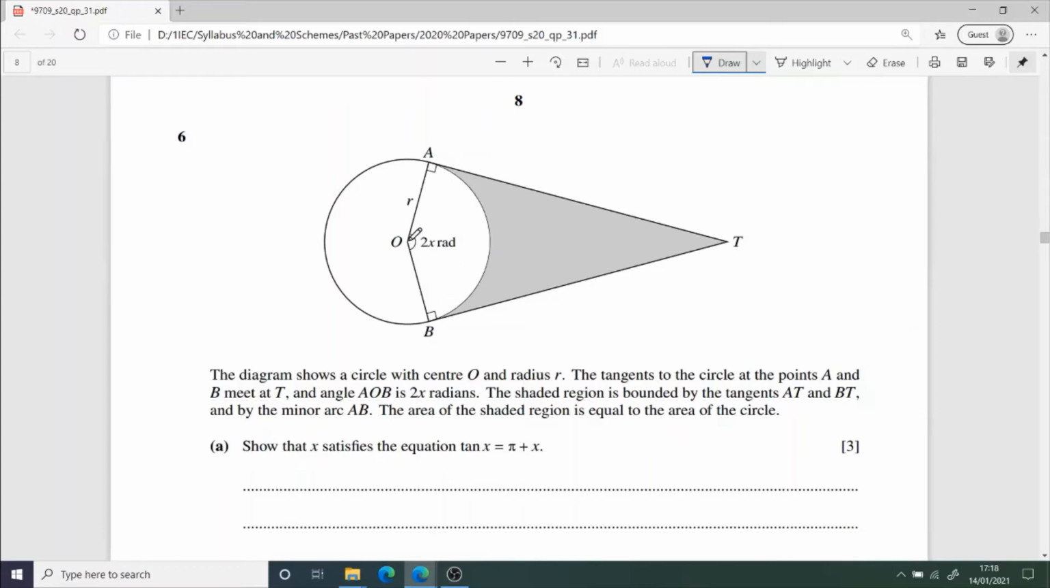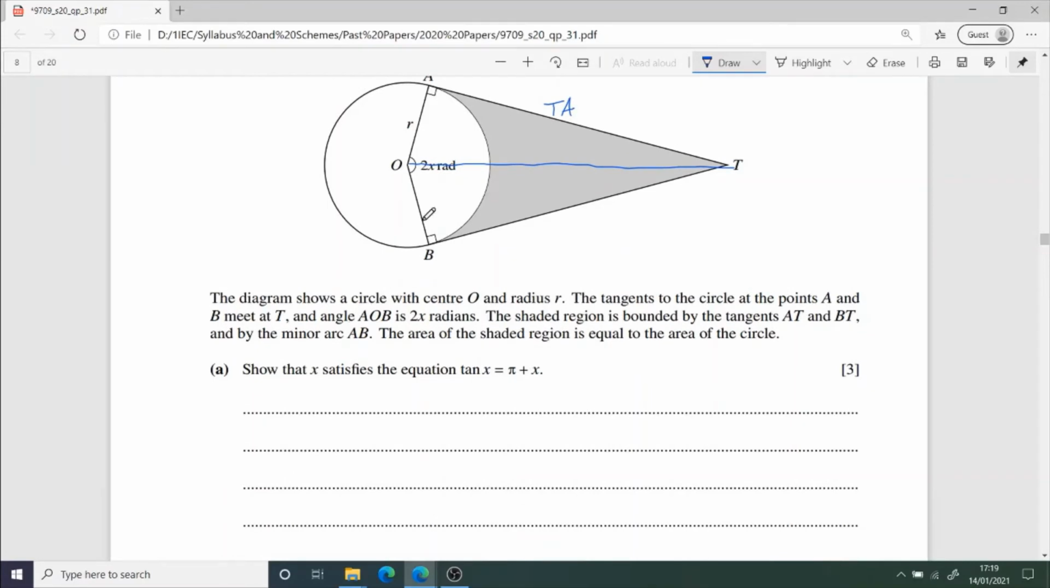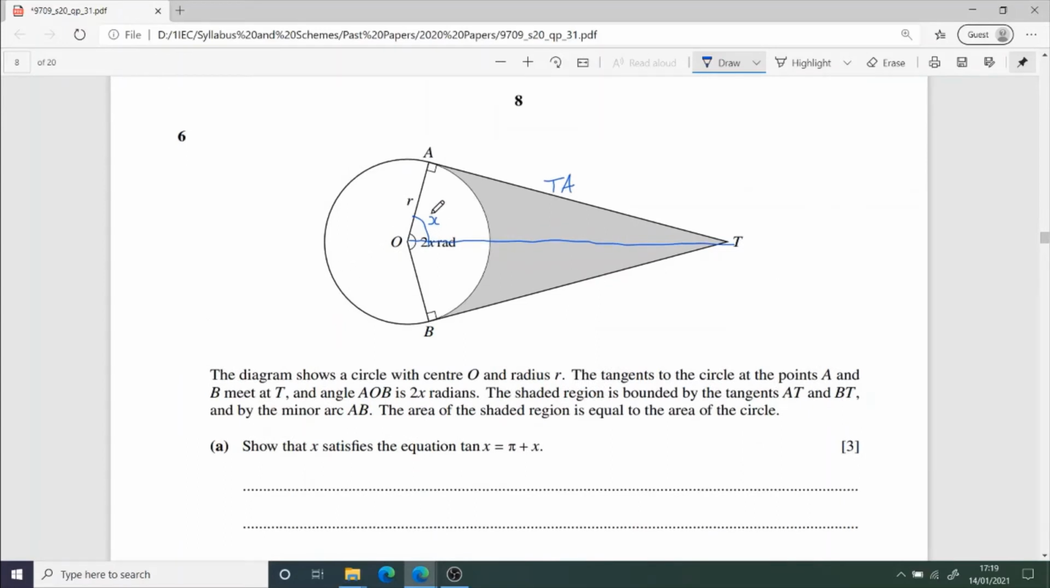The easiest way to find the area of the quadrilateral, and often in these cases, is to make this into two right-angled triangles. This will be the height. We need to find an expression for the base, TA here. This angle here is going to be x, and if we use tan x is equal to opposite over adjacent, so TA divided by r. So this side TA is equal to r tan x,